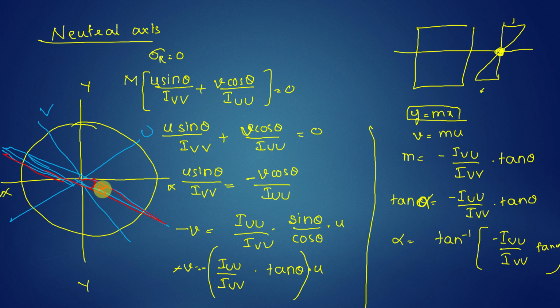This is alpha from the x-axis. So this is alpha. That is the neutral axis, NA. That is the location of the neutral axis. So while doing the problems, you have to decide how you have to draw the neutral axis. There you will understand it much better while working with the numericals. As of now, the concept is this. That is about the neutral axis, and last time we were left with the deflection in unsymmetrical bending.